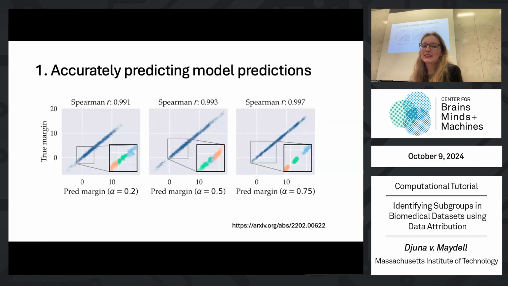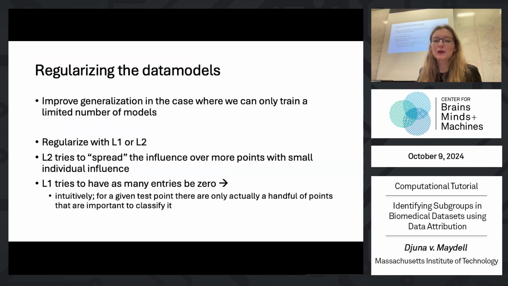So essentially, they show that these data models are very predictive of model confidences on your held out samples. So even if you leave aside for a second the matrices and exactly what we're doing, this means that we do have